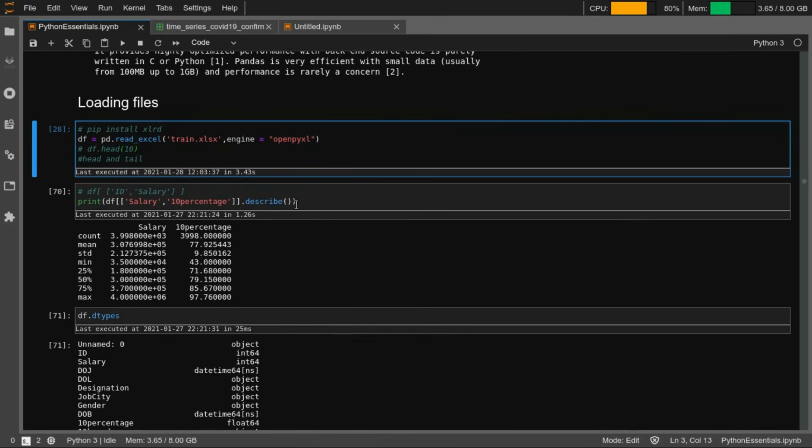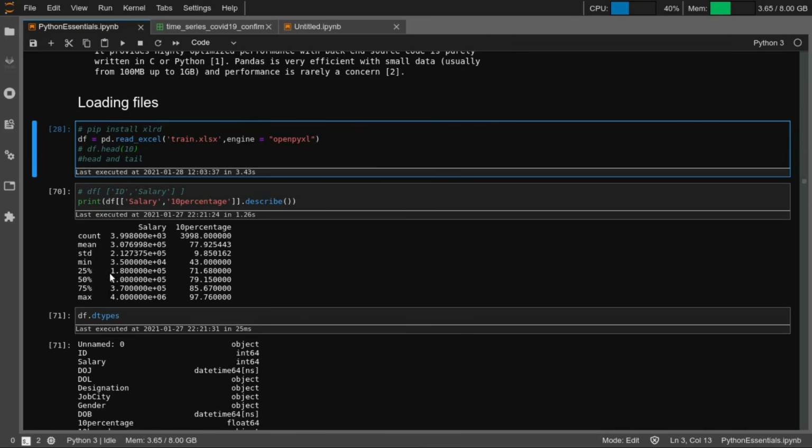Another function that is associated with the pandas data frame is called describe. What it does is describe the particular columns, right? By describe, I mean it will give you the count, the mean, so basic statistics, the 25th percentile, 50th percentile, max, min, and all of that.